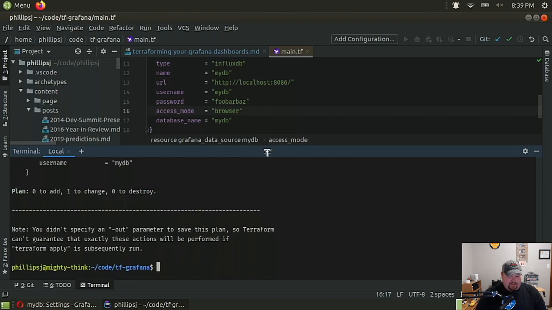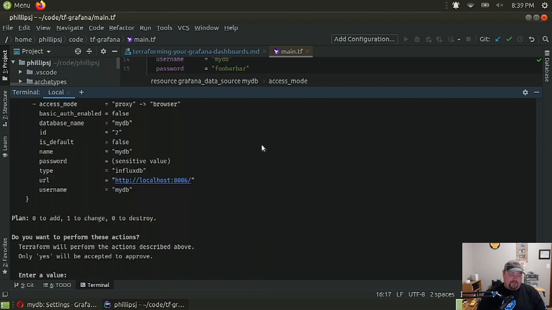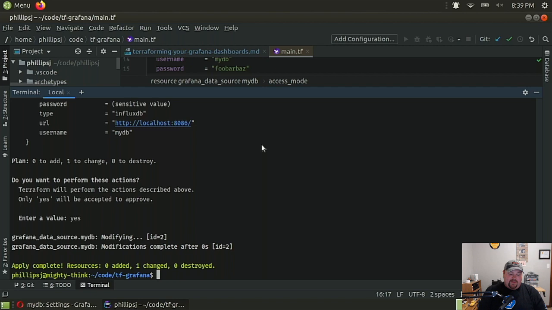And it says it's going to do it. We'll see if it actually does it. And this is a valuable lesson right here about Terraform: sometimes the documentation's not always clear about what you need to do and what that's going to look like. So you have to experiment around with it and make assumptions about what it's doing and what it's not doing. For example here, I knew access mode equated to access in the UI,